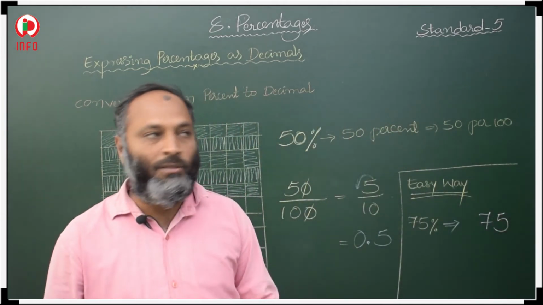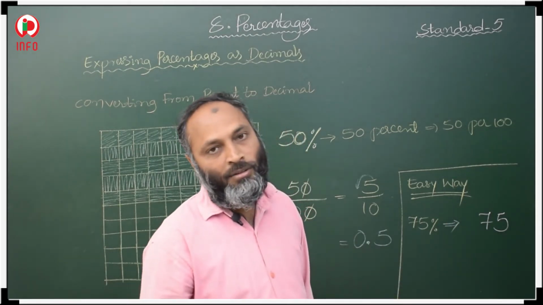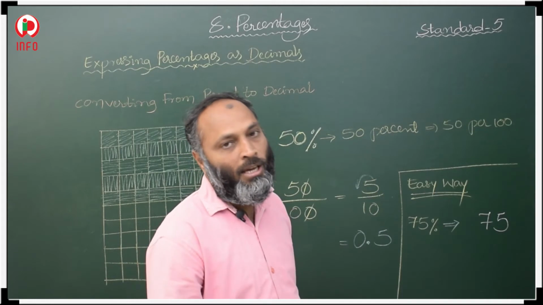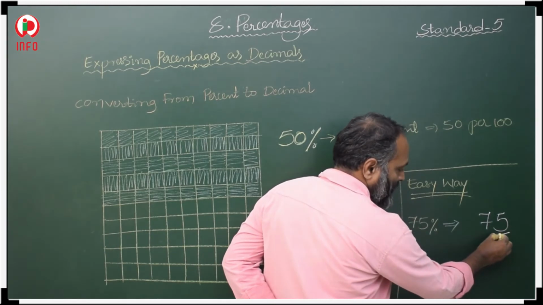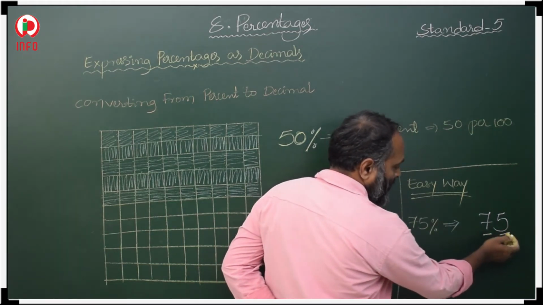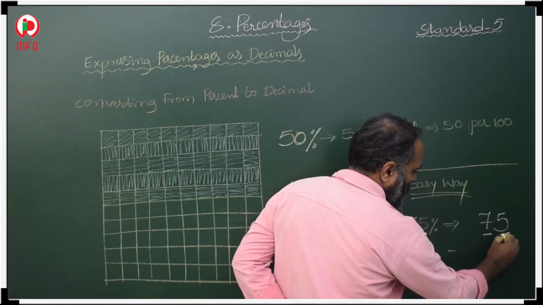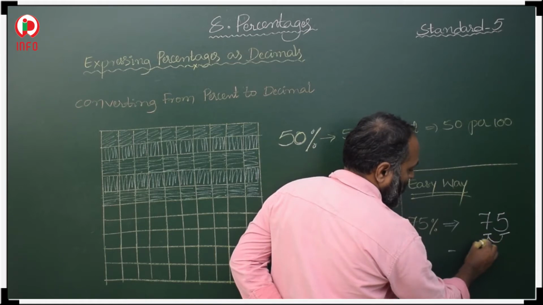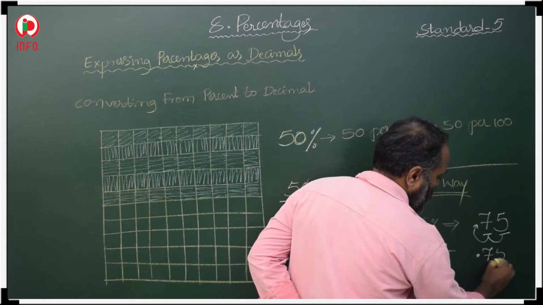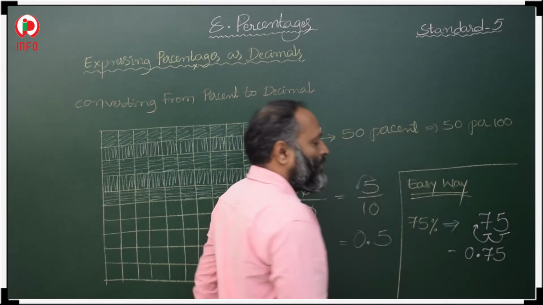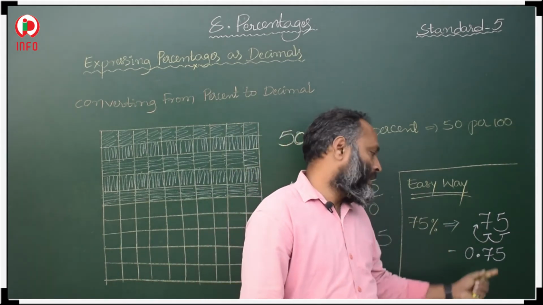Whenever we are going to convert this into decimals, after 2 digits we have to put a decimal. After 2 digits means this is the first digit, this is the second digit, 1 and 2. After 2 digits, the decimal will come here, after the first and second. Point, 0.75. So after 2 digits we have to keep a decimal.